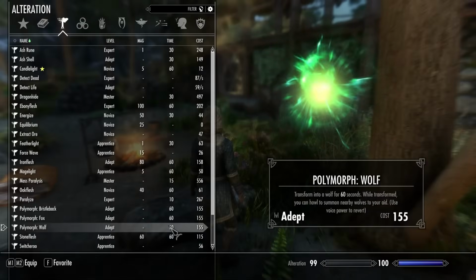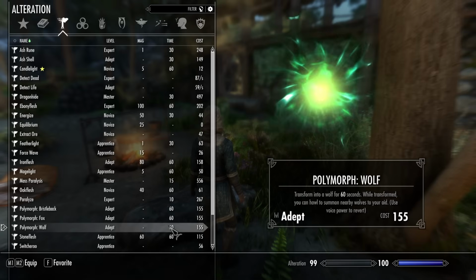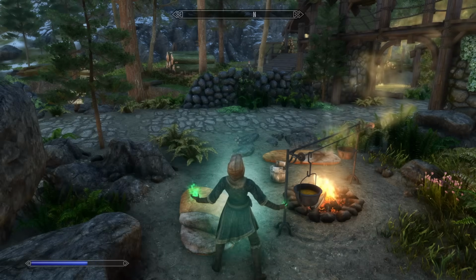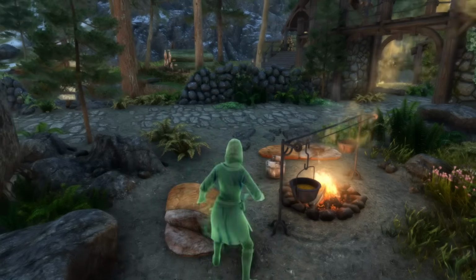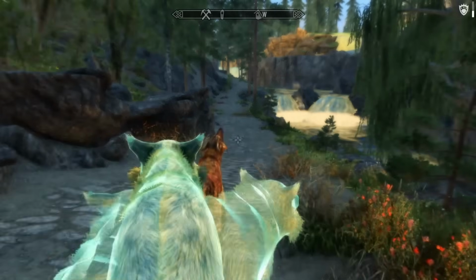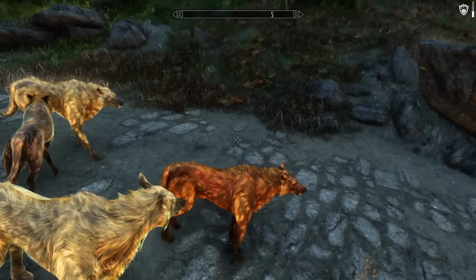Now, onto the Adept spells. This is where we first start to see the polymorph spell types, in which you can transform into different creatures. At Adept, the options include Fox, Wolf, and Bristleback. Each animal has its own skills in combat. For instance, the Wolf allows you to summon nearby wolves, and the Bristleback's jump attack is a lunge that can